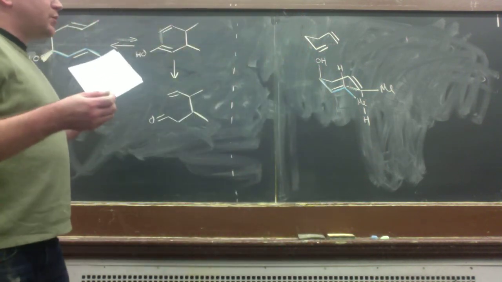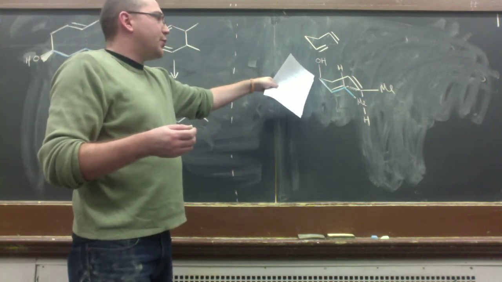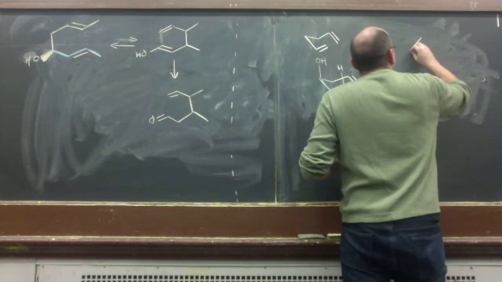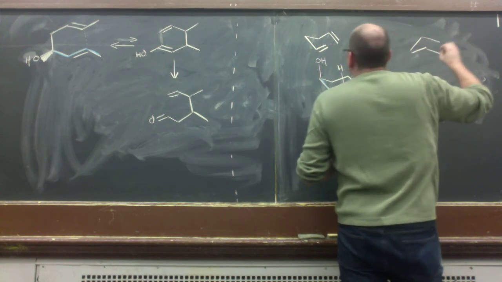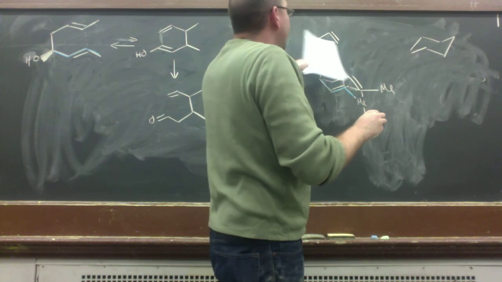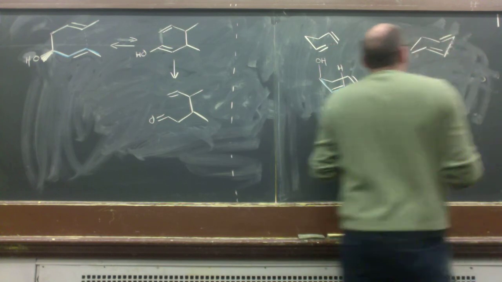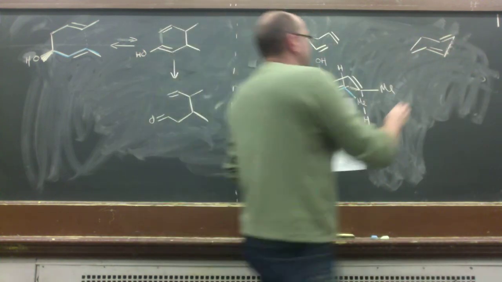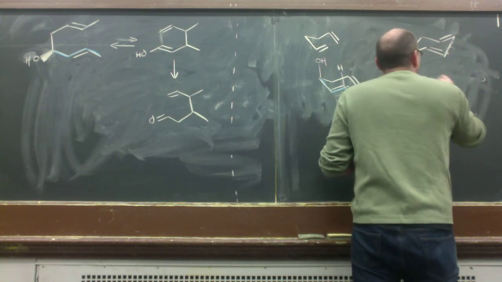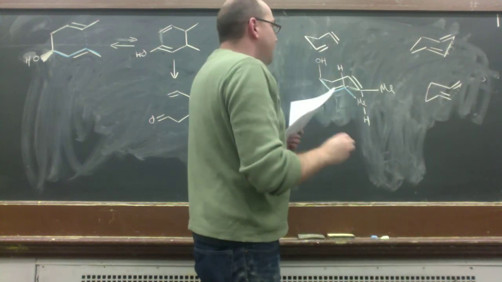But certainly one of the things that we can do, let's just say we want to draw the other form of this. What we can do is just draw the pseudo chair flip. And now this one's going down, so that one is going to be that bond there. Okay, so that's ultimately what that one's going to look like. So if we transpose this over here,